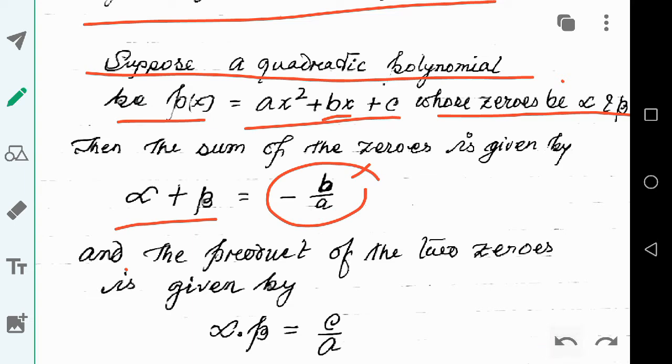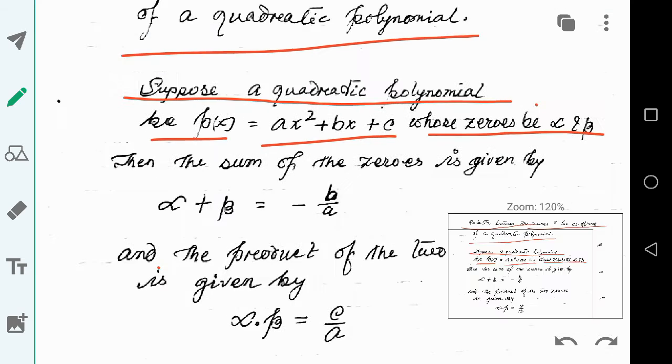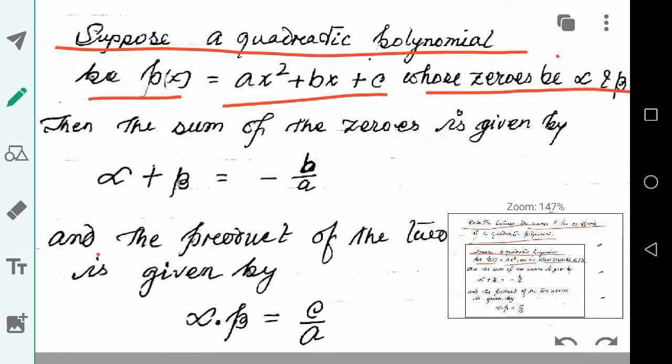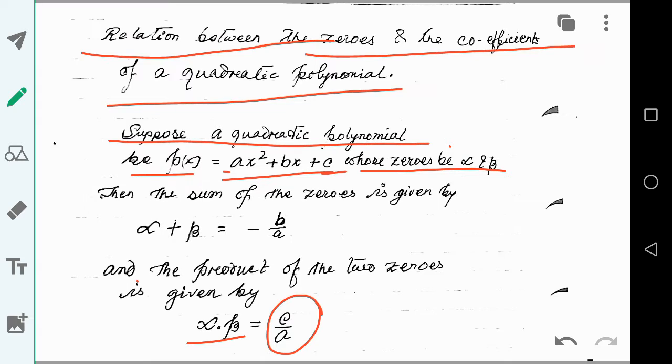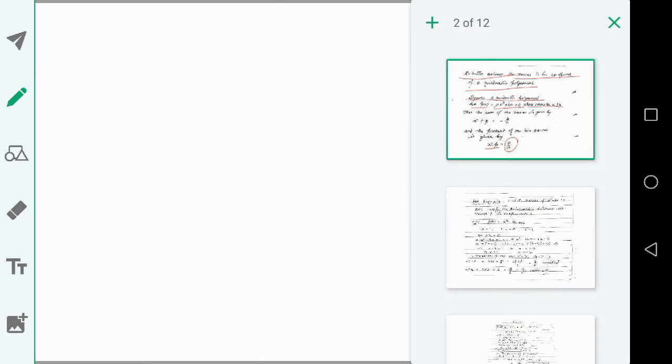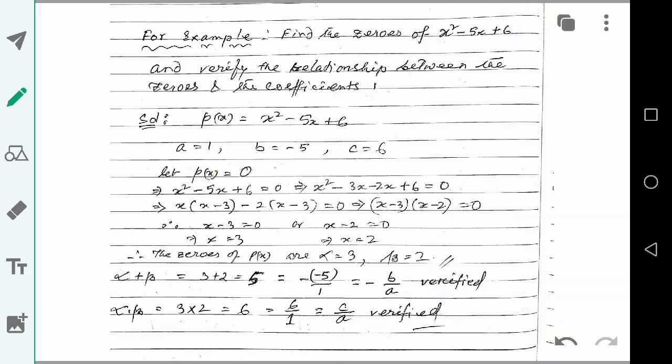Now, how is the product of the zeros related to the coefficients? Alpha into beta, the product of the zeros, is given by c by a, where c is the constant term and a is the coefficient of x². Let me give you an example. For example, we need to find the zeros of a polynomial, suppose x² − 5x + 6,